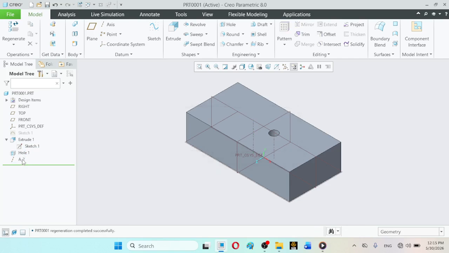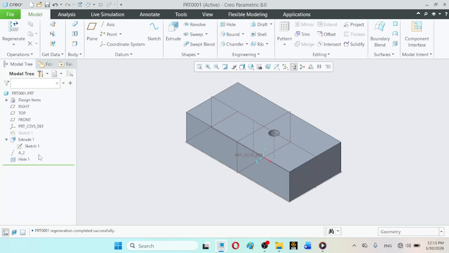If you want this axis to be before, you can leave it here, and if not here, it shows the plus symbol, so you can place it after the extrude and before the hole command. Because the axis was placed on this cube, these were the offset references, so the axis A2 cannot be before the creation of this cube.